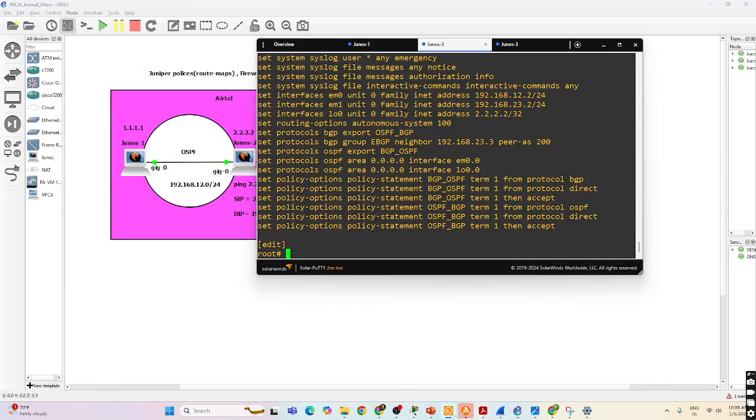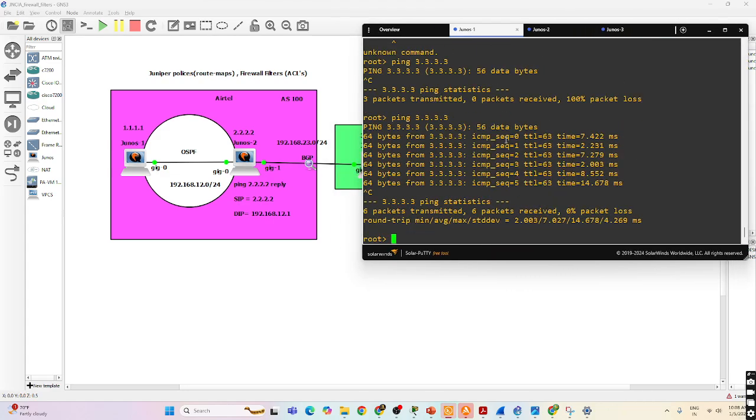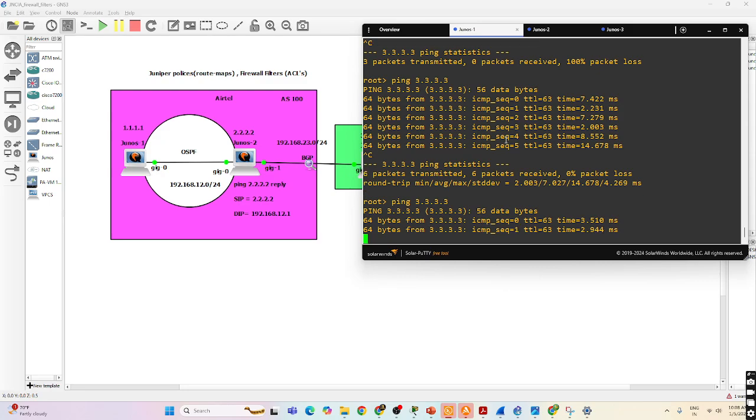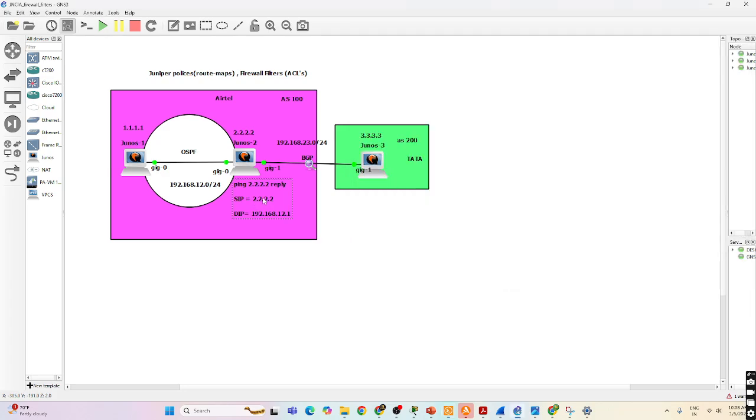Now, I'll take an example. Okay. Simply I'll take an example. So suppose I'm pinging from 3.3.3. Right? What could be the source IP? Source IP will be, what is the source IP? I'm pinging here 2.3.3.3. Now,